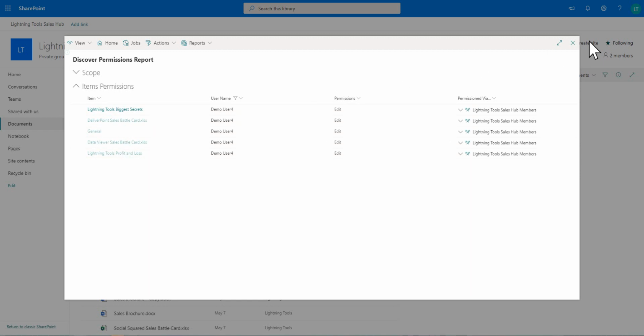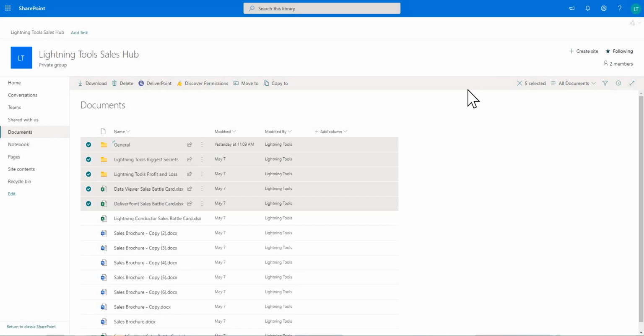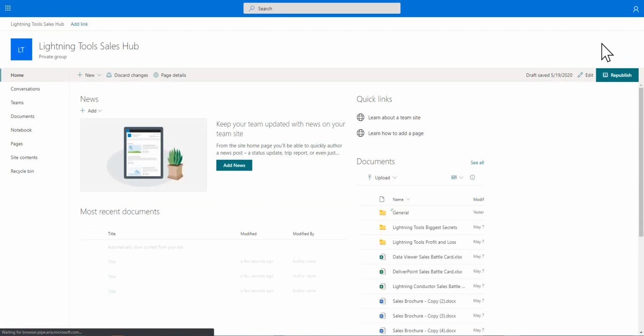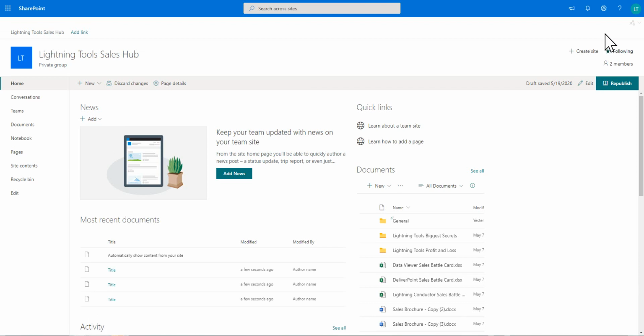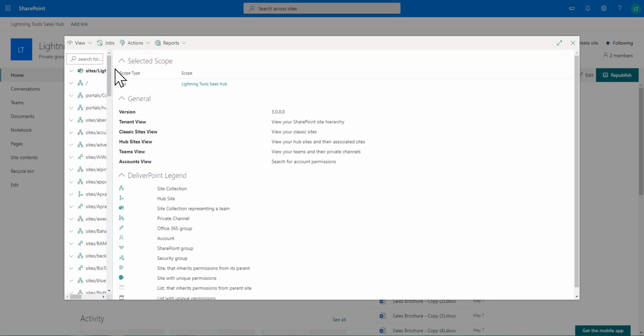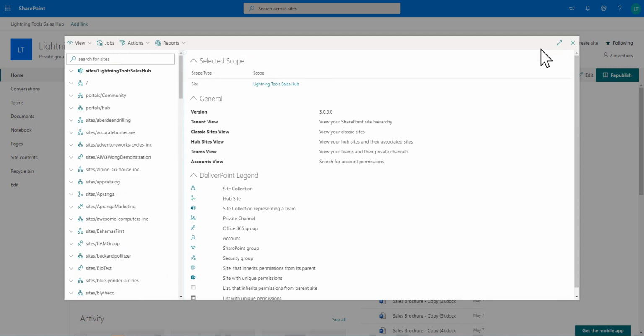So these are some of the contextual permission report options that you have. Now also inside the site is a link to the main DeliverPoint page, and that's where we can centrally manage permissions if we want to. And that's more suitable to perhaps site collection administrators, but also farm administrators as well. So they can come into this dialog here, and if you like, you can make it full screen or keep